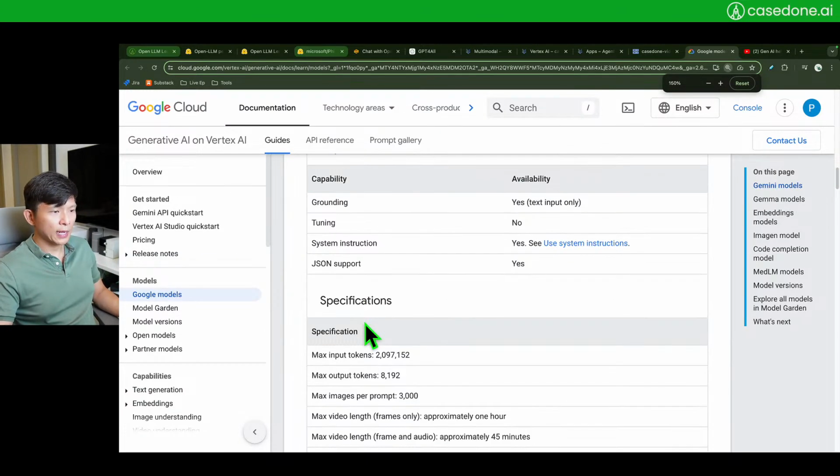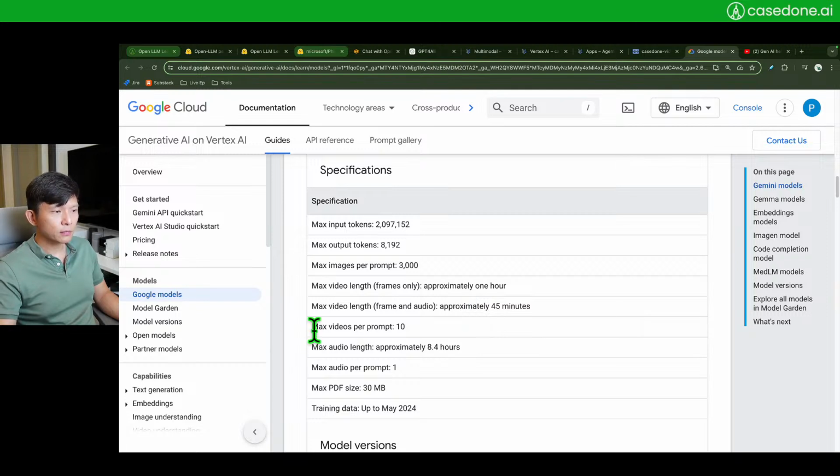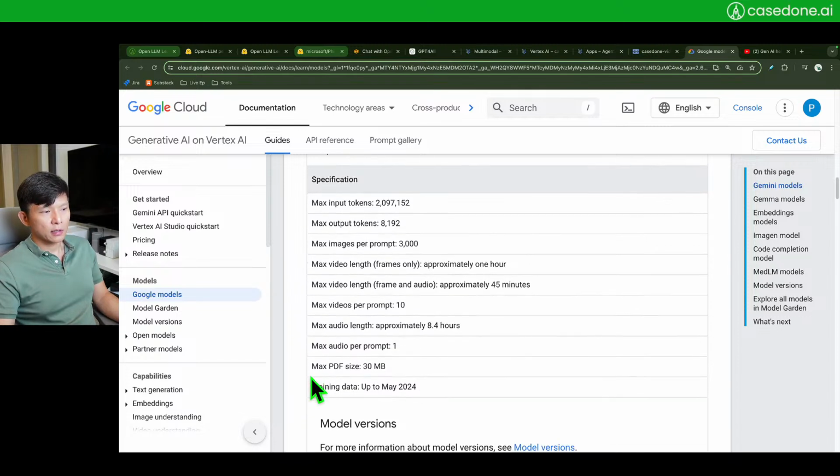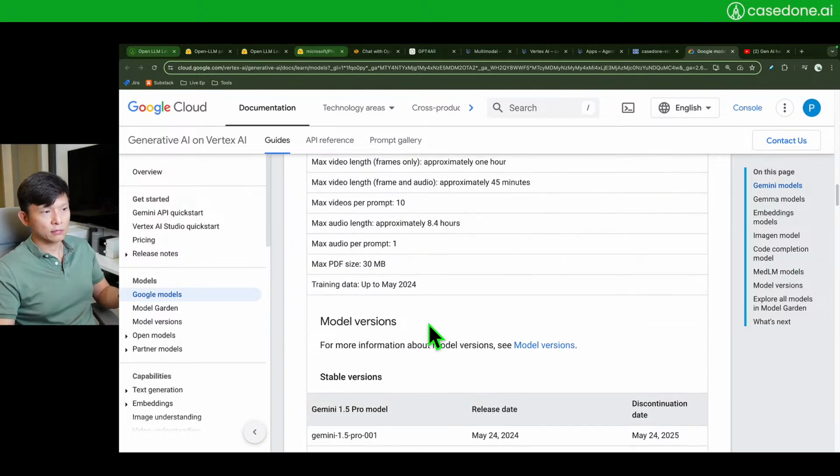Maximum video length is approximately 1 hour, with frame only. With audio now it's reduced. Yes, they may be separated into different embeddings. I'm not sure. Maximum number of videos per prompt, 10 videos. This is crazy. Images, don't see it here. Maximum PDF, you can provide size like